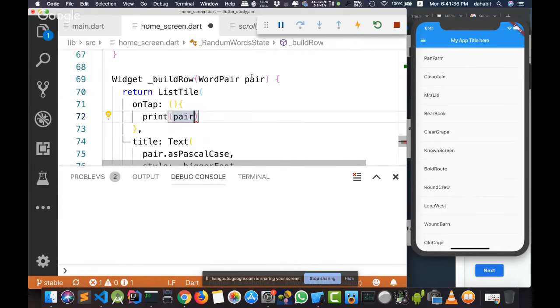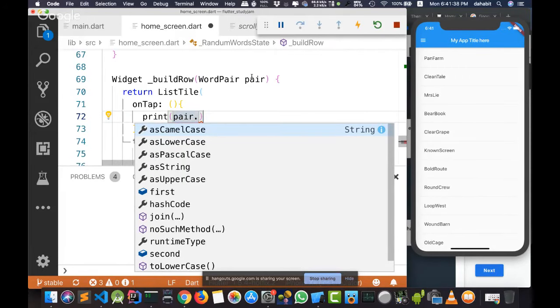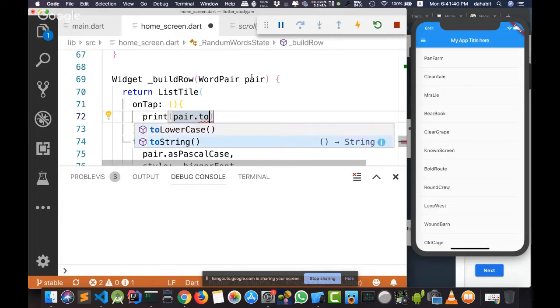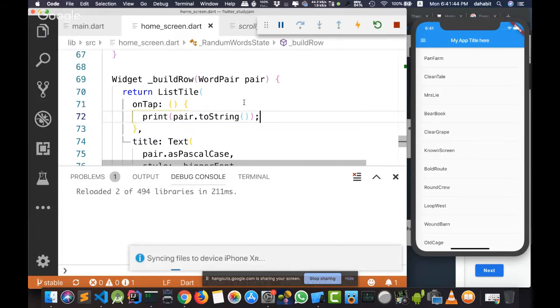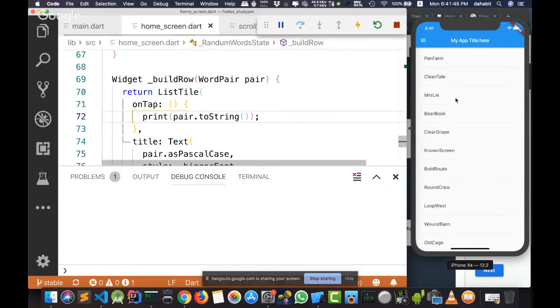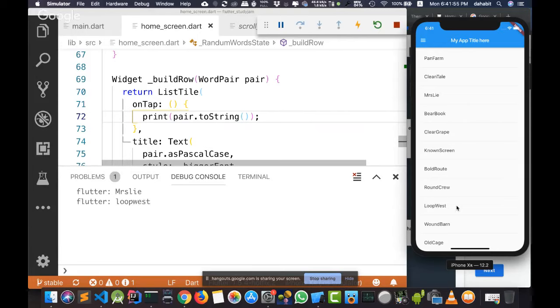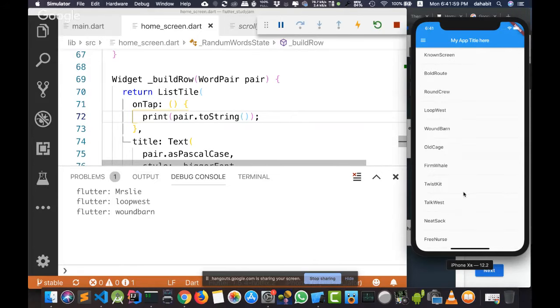So I said pair, and this pair is an object, so I need to change it to string first. And when I press this letter, we can find that it appears in front of us in the console. And when I pressed here, I find that these words appear in front of me.